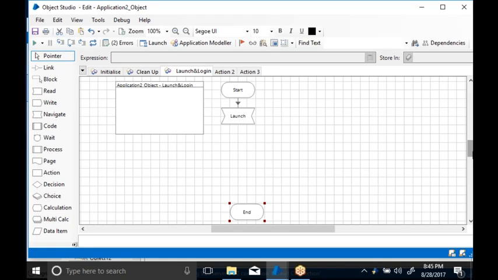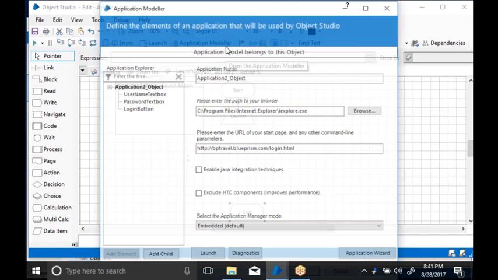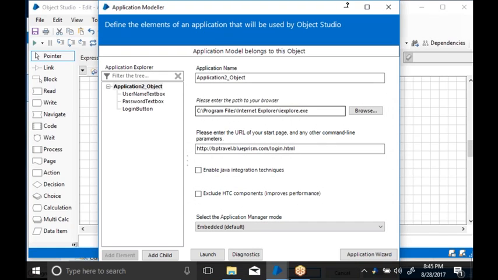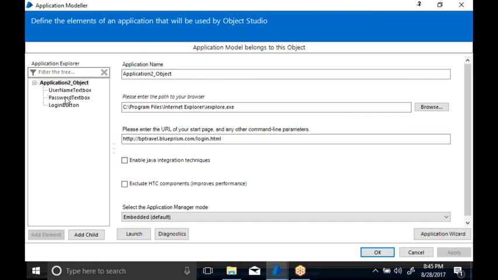Inside the Object Studio, we have the Application Modeler, where we provide all the details related to that application, like the URL and where to launch it: in Internet Explorer, Chrome, or Firefox. After providing all the details, we can identify the application elements.